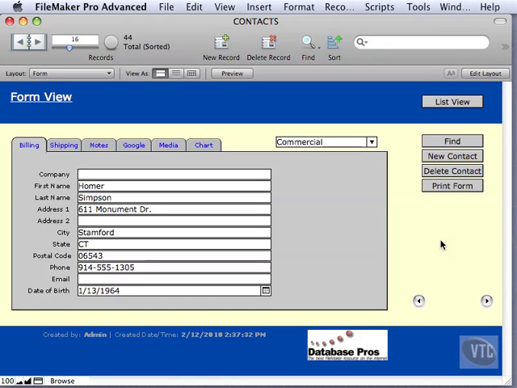OpenScripts are great, and we'll continue to add to the OpenScript as we progress through the tutorials. But it's important to know under what circumstances the OpenScript won't run. And this comes in a multi-file solution. Now I'm suggesting the easiest solution is a single file solution with multiple tables, but a lot of times when